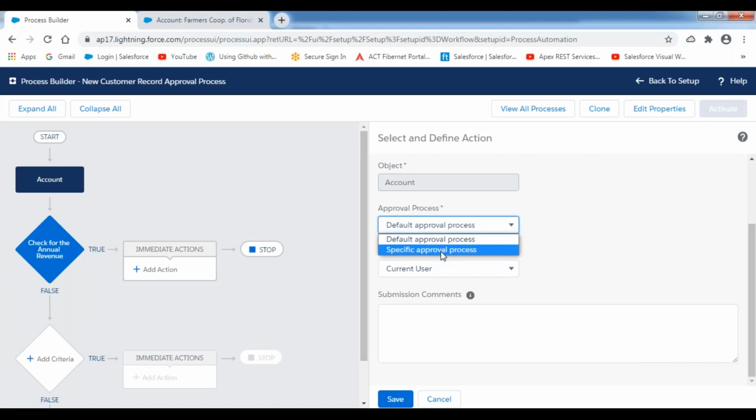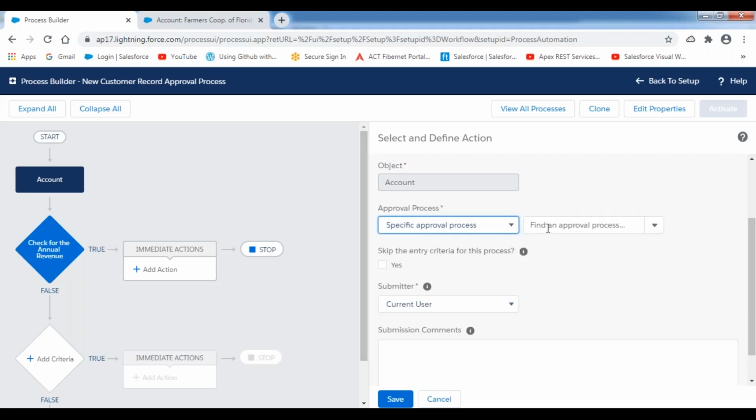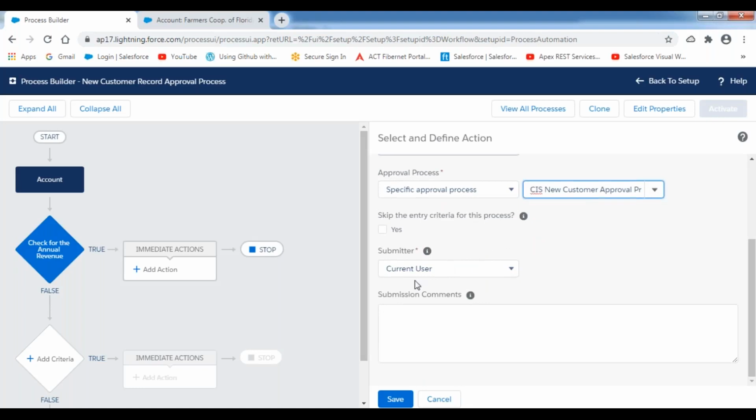Specific approval process, nothing but the one we have already created, my own approval process over here. Select that approval process name. So what is that approval process name? I'm indicating it as CIS new customer approval process. So it is indicating the name over here. Select that option, CIS new customer approval process, and then